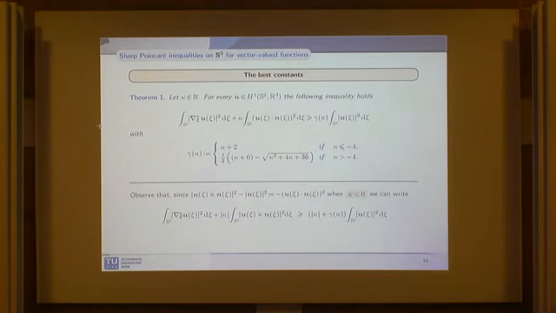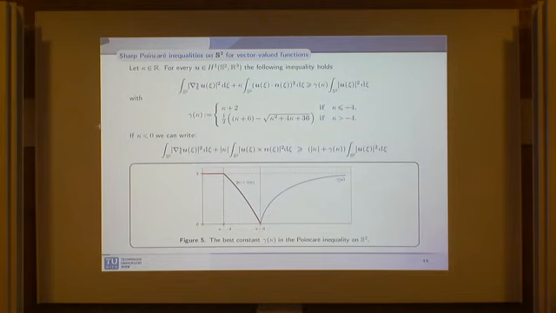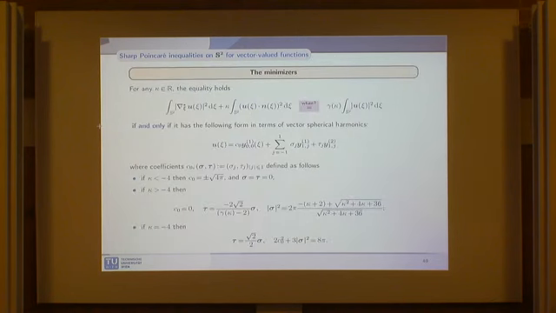And the interesting thing is that this inequality is really sharp. So this is a plot of this gamma function for kappa greater than 0, and then for kappa less than 0, we plot kappa plus modulus of kappa plus gamma kappa. And this inequality is really sharp, meaning that we can characterize the minimizer, and these are a combination of vector spherical harmonics.